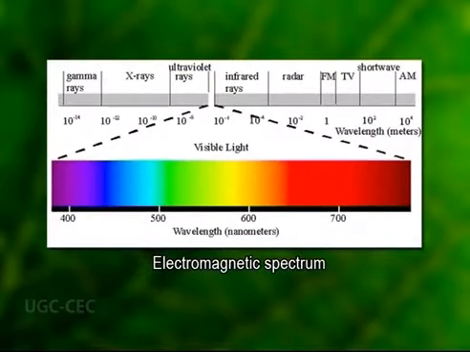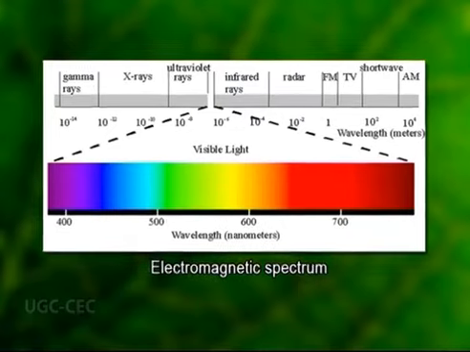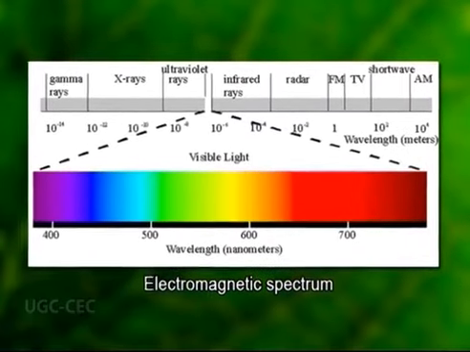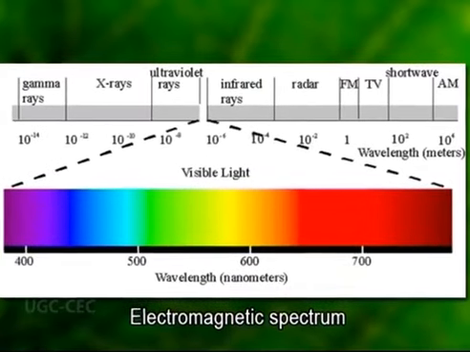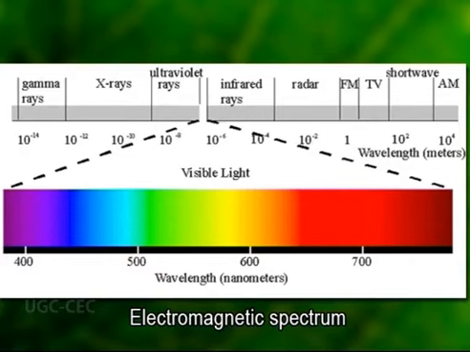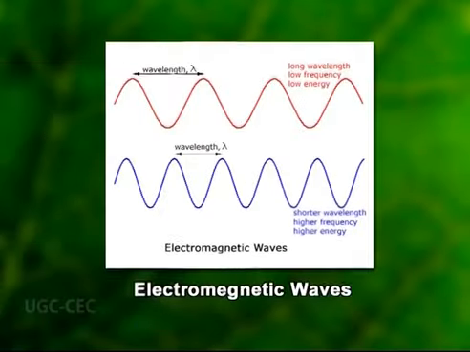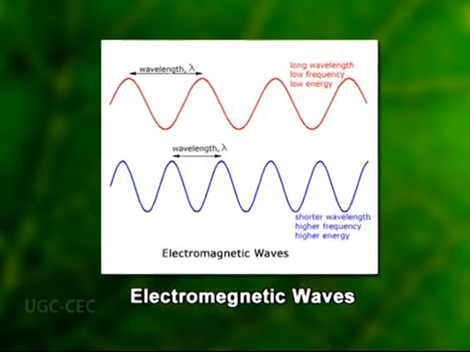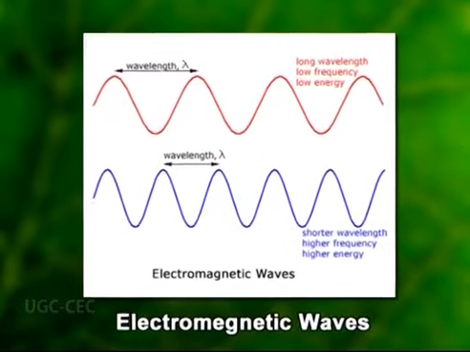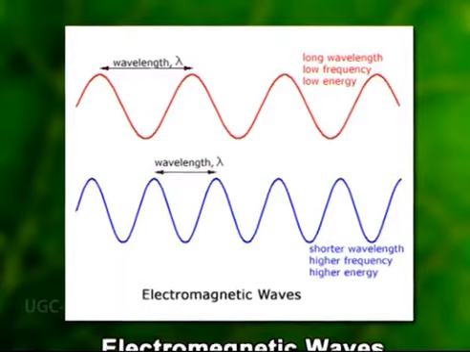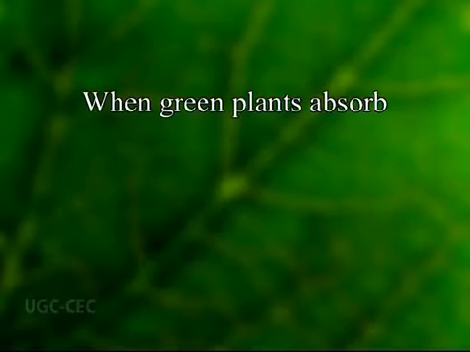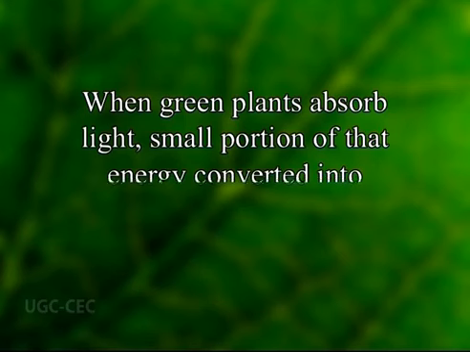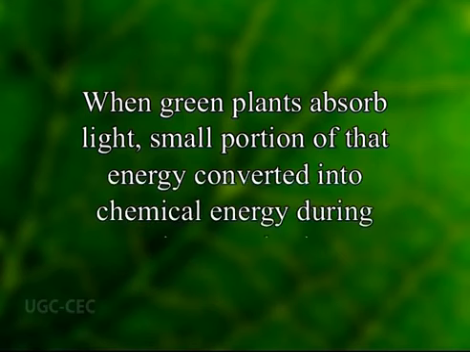The solar energy, called visible light, drives photosynthesis. Solar radiation is composed of electromagnetic energy that travels through space in a manner analogous to the motion of waves in water. The distance between the crests of waves is called the wavelength. The shorter the wavelength, the greater the energy for each unit photon of electromagnetic energy. When light is absorbed by a green plant, a small portion of that energy is converted into chemical energy in